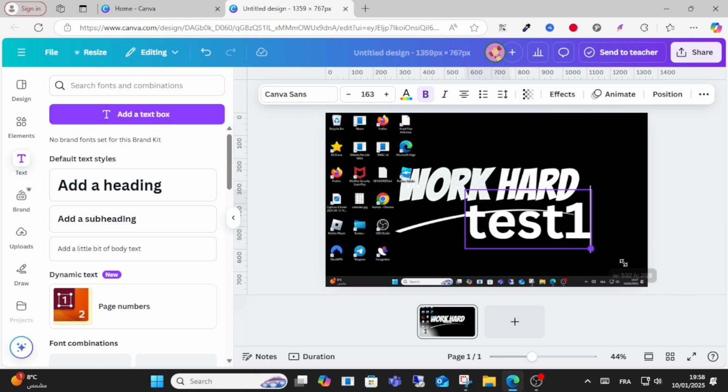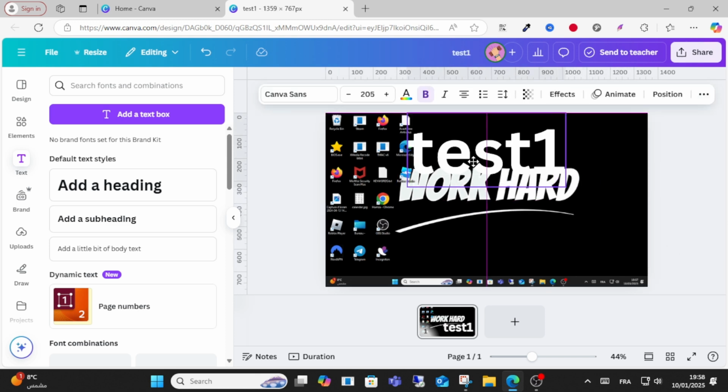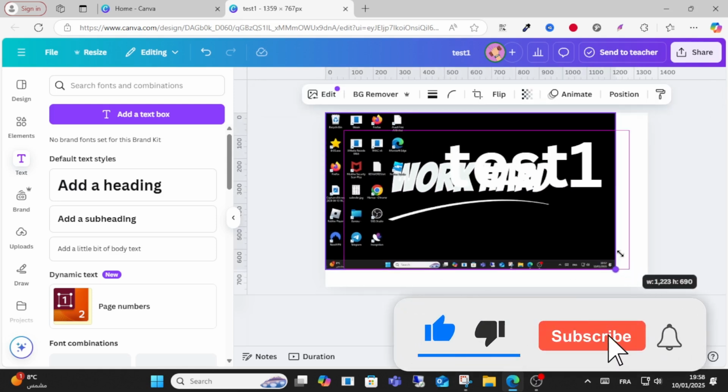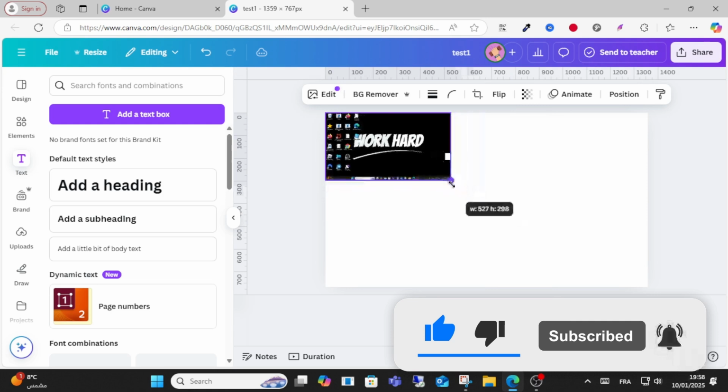I uploaded this text, I made this text for the screenshot, and you can add an image, and you can increase the size as you can see here, or